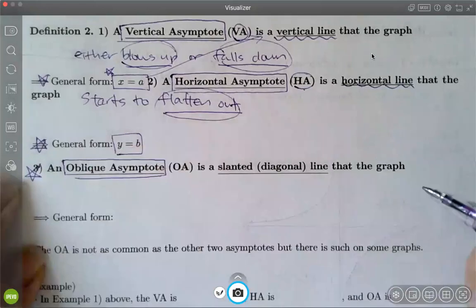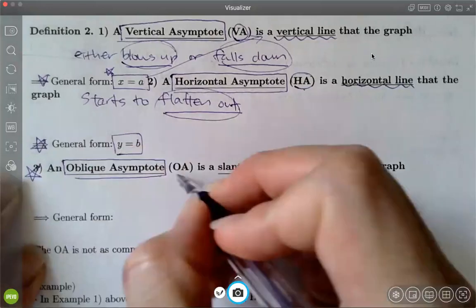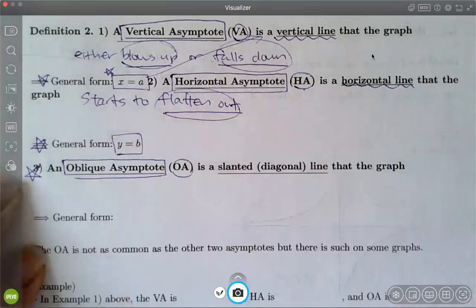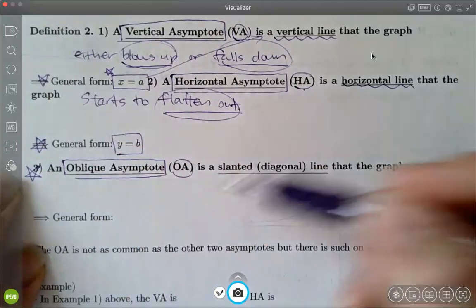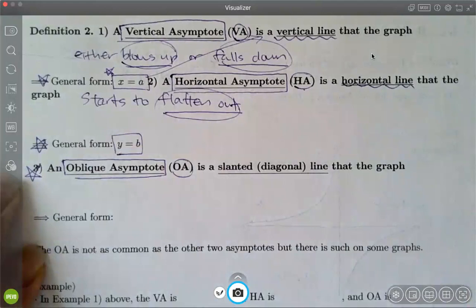Okay, and its abbreviation is OA. So in short, you can say like "Baha-Wa." Kind of sounds like an alien language, but it's like "Baha-Wa." Anyways,